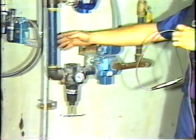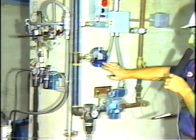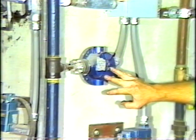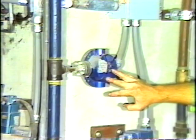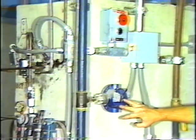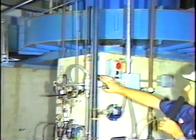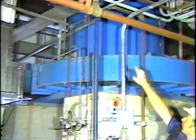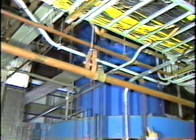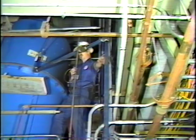Once it leaves the pressure regulator, it comes up through a pressure switch. Now this switch has to maintain a certain amount of pressure, otherwise our computer will shut the system down. Right now it looks like the switch is set for approximately 12 to 13 pounds. The air then leaves here, travels up the 1.5 inch pipe there, and into our air seal chamber in the mill. Once the air supply leaves the pressure switch, it continues on up this 1.5 inch line,